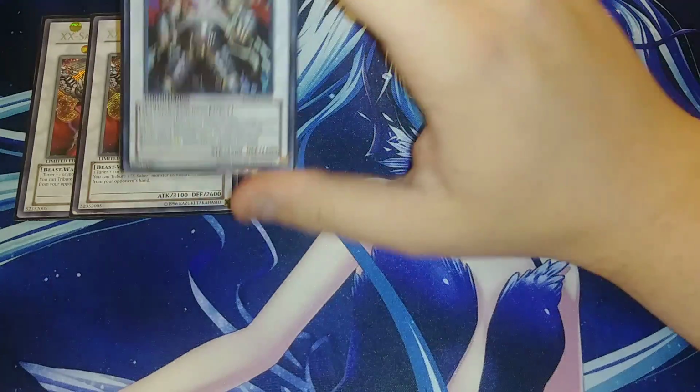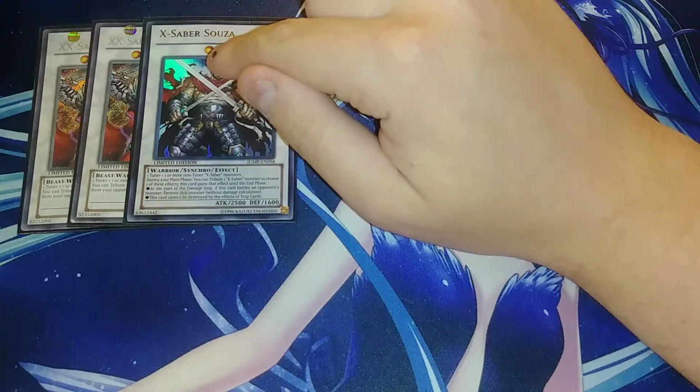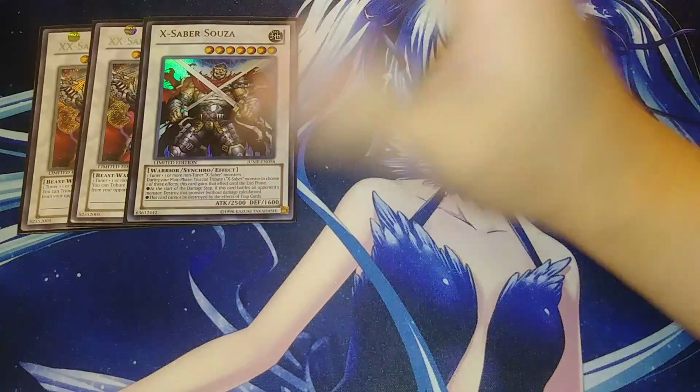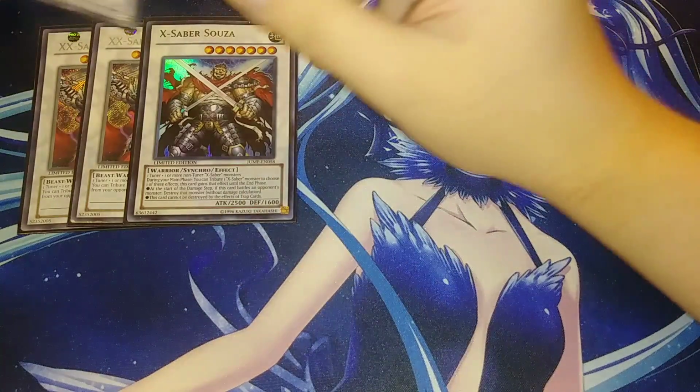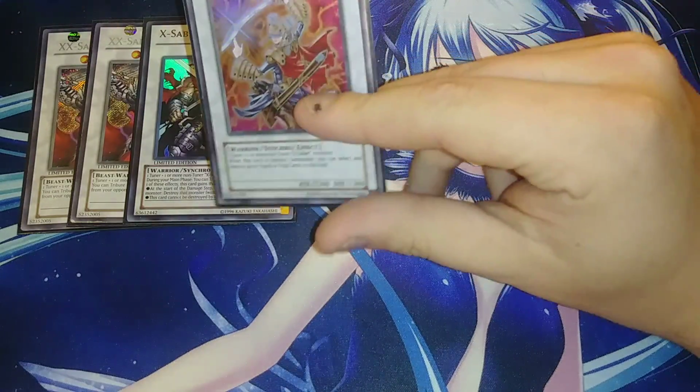Then we played 1 copy of our misprint X-Saber Shizo, but it's actually a misprint because it's way up top, and I got that out of a Shonen Jump years and years ago. And so I want to play it as my one level 7 in the deck, so it's here. I have another level 7 that's interesting in the deck. One copy of X-Saber,